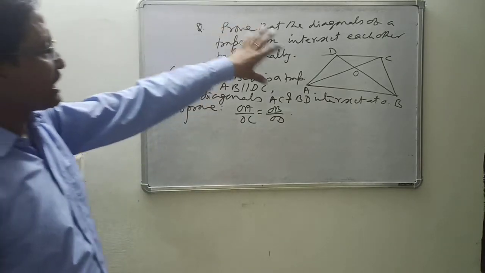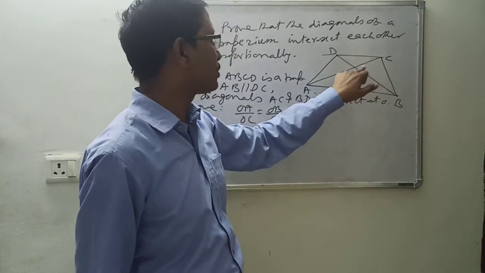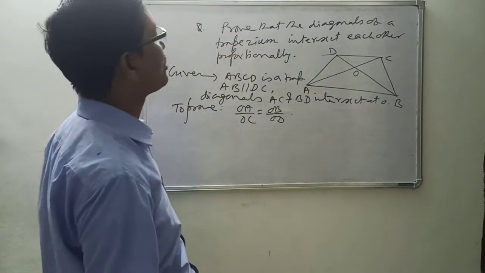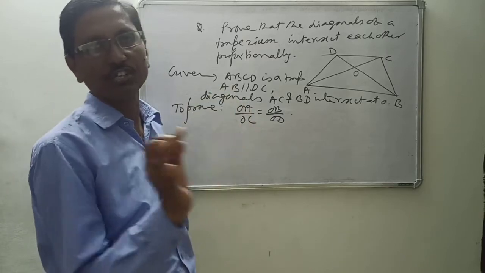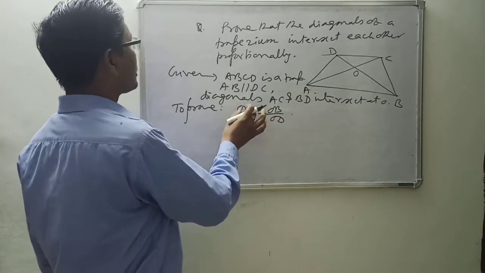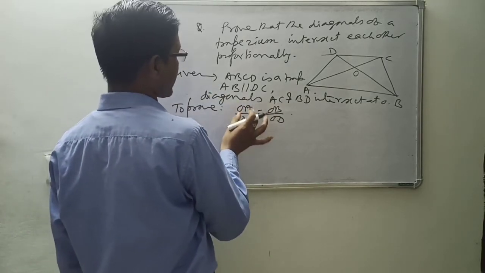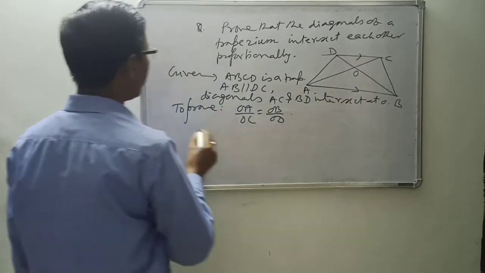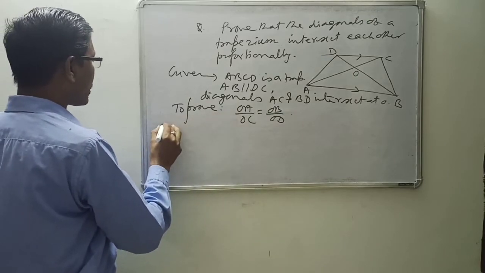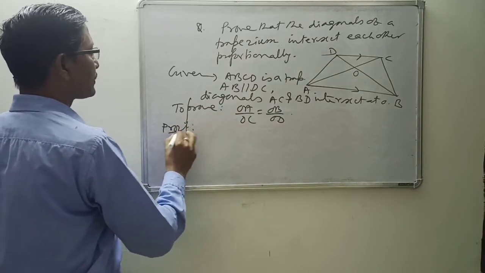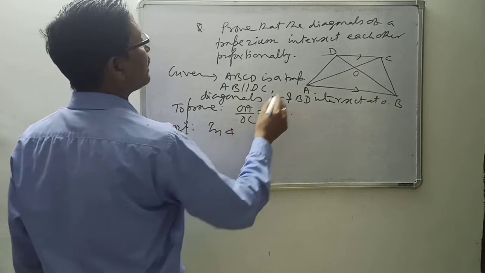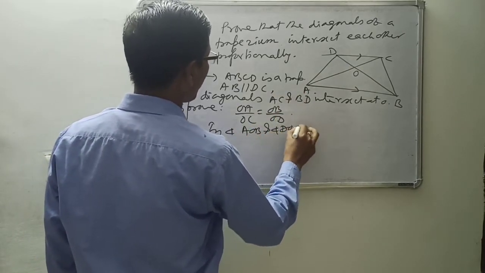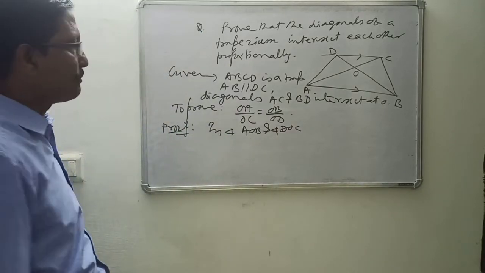See, in the previous case, by applying Thales theorem, we drew a line parallel to the given lines. But here you can do it without any construction. Take one triangle that has OA as a part, and another triangle that has OC as a part, with these two lines parallel. This way we have to select the triangles properly first. In triangle AOB and triangle DOC, what do we have?